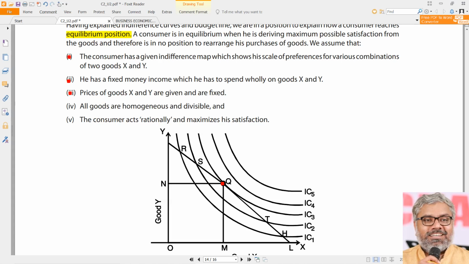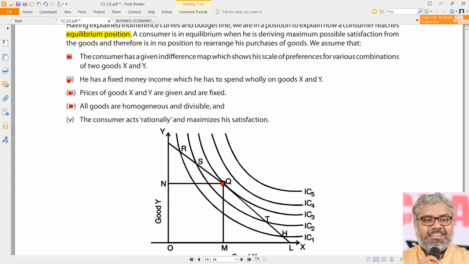Another point to note here is that the prices of goods X and Y are fixed. They are not going to change. If they are changing, this entire thing will also change, so that is not correct. So prices are known already. They are given. We know the prices. That is a fact. Like we already discussed, prices of the goods are facts. The income of the consumer is a fact. The indifference map of a consumer is a fact. These are all already known to us for analyzing the indifference curves and budget line.